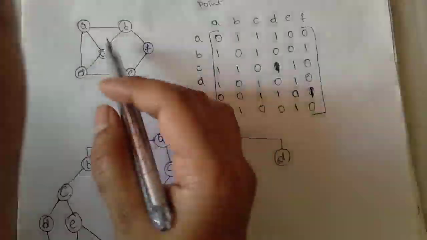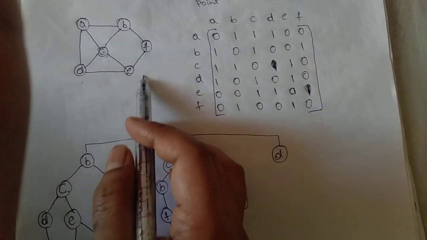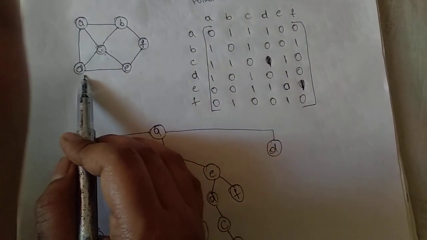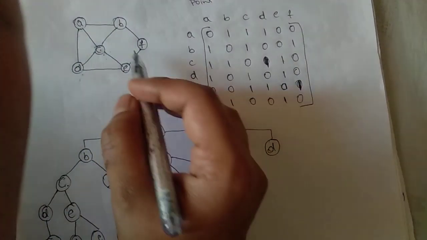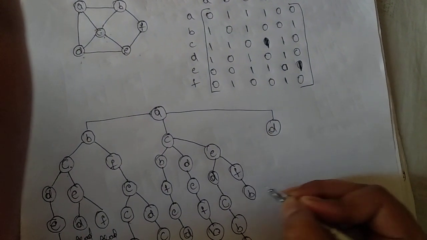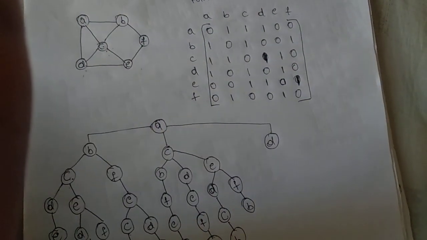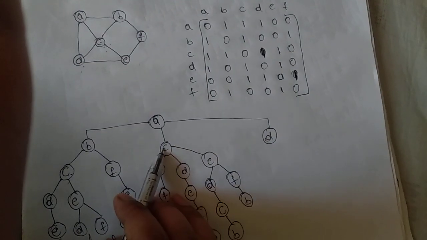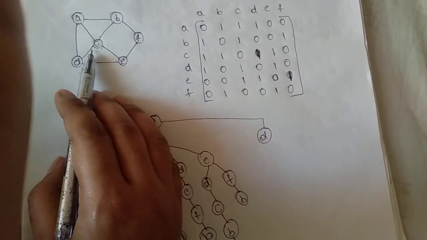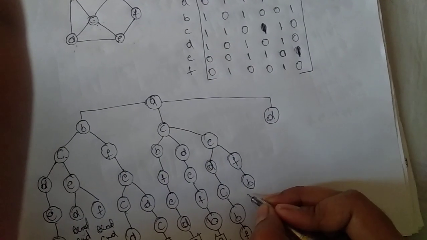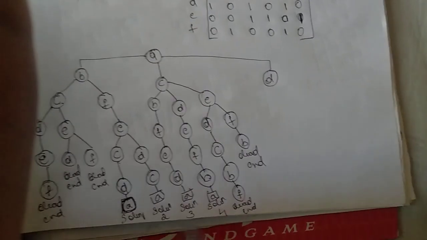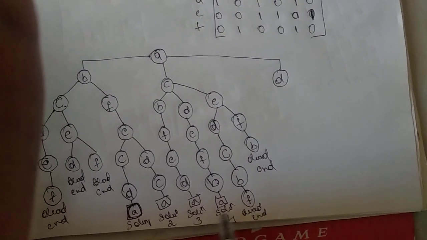So next I'll take A to C, C to E, E to F. See here I have to go to D from F. So where can I go? F to B. From B to C or A. C I cannot come because C is already present here. C, A, C, E, F, B. Again I have to come back to C. It is not possible, so this is also a dead end. Here I got again 2 solutions.